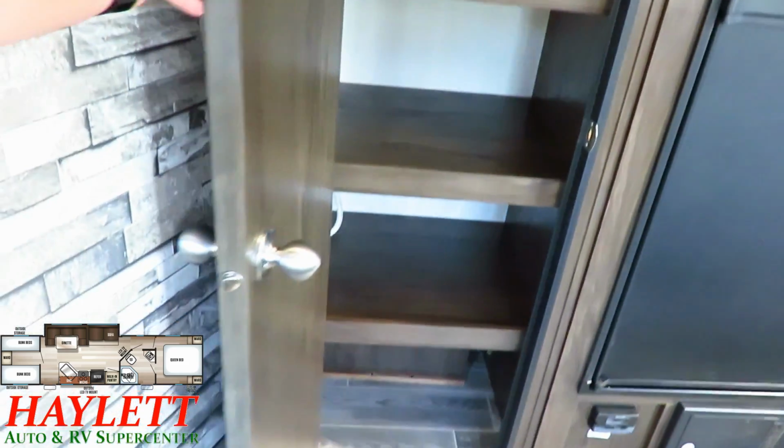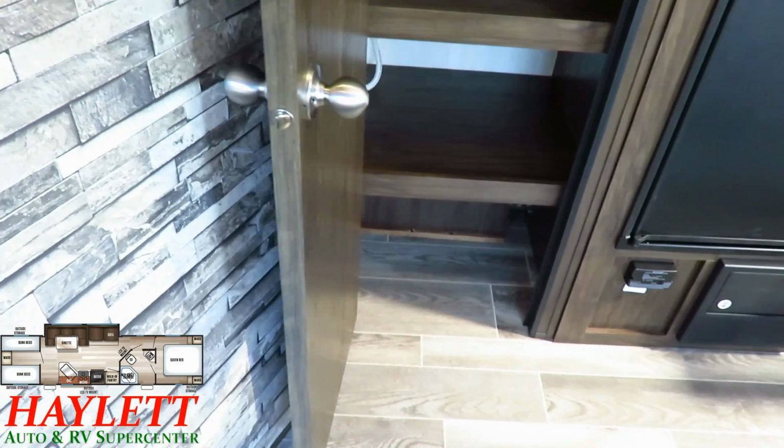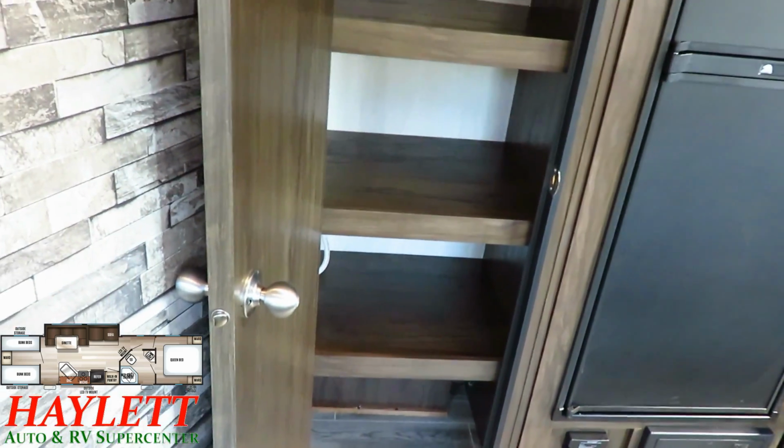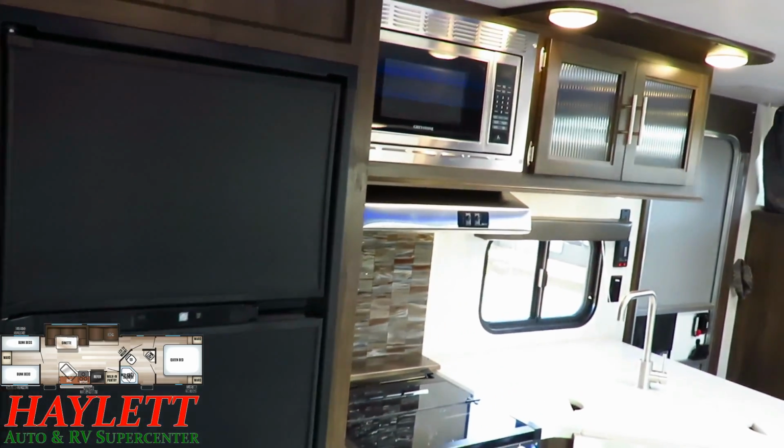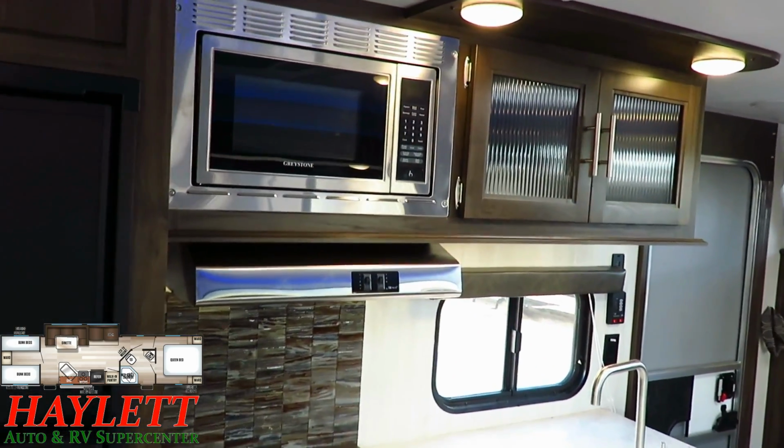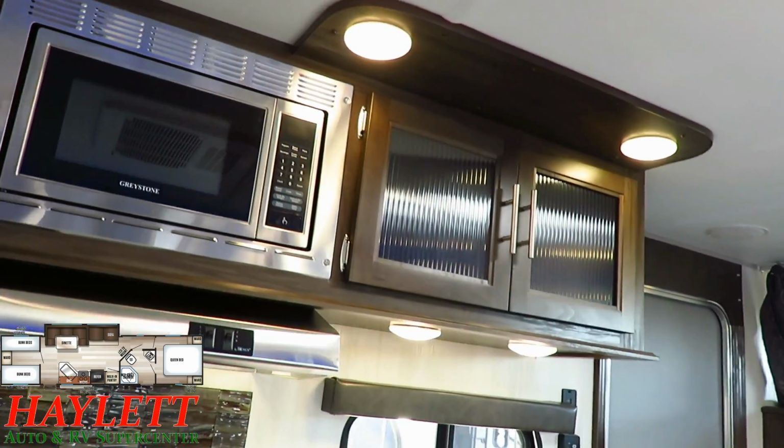And you'll find we just have a normal door here, just like you have for the bedroom and bathroom. It's just a normal true pantry. Now as we come over here into the more kitchen proper area, the overhead lighting in the kitchen, you can